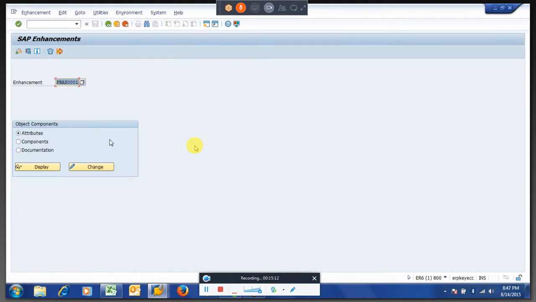This is the enhancement. You can go to your ABAP consultant and ask them to implement this enhancement with this particular exit.